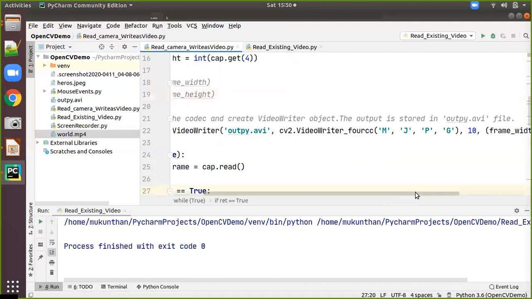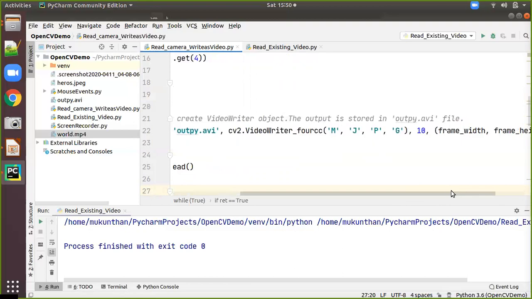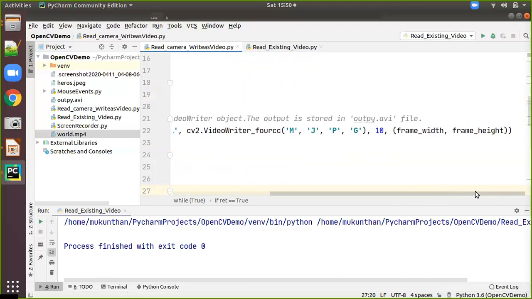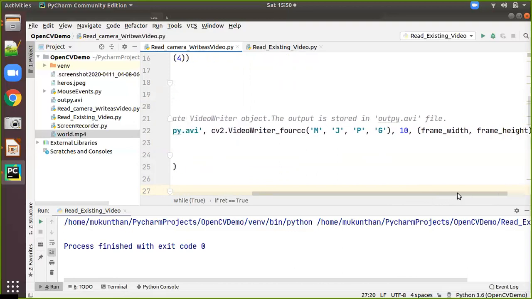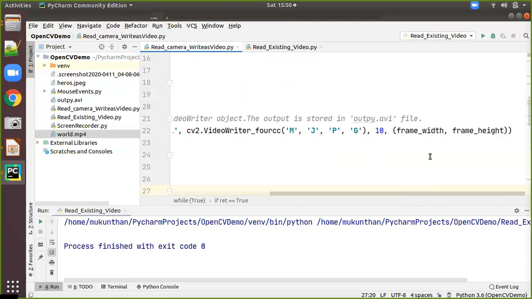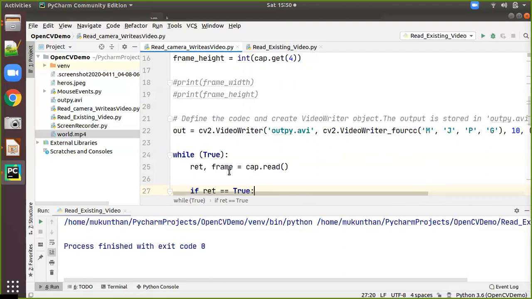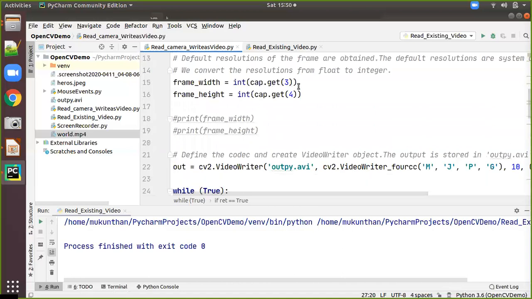In general, we need to use MJPG. Then after that we are going to give the 10. So 10 is the FPS, frames per second. How many frames do you want per second? As you know, a video is nothing but a sequence of frames. So in a second, how many frames you want will be given here. Then the width and height of the video. So frame width and frame height, by default whatever we got through the arguments, get 3, get 4,